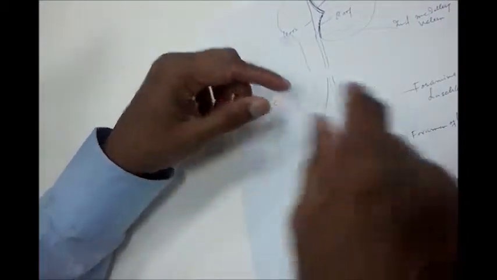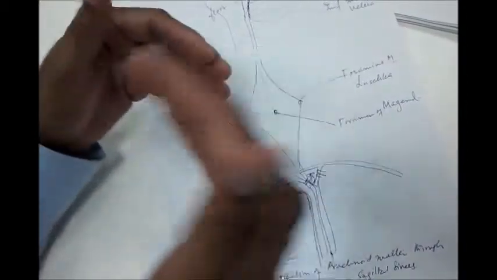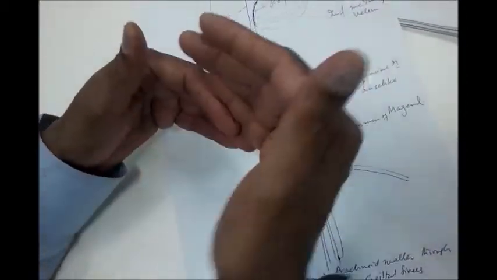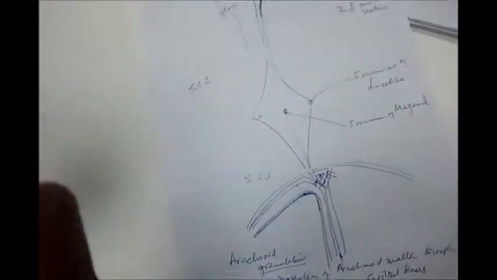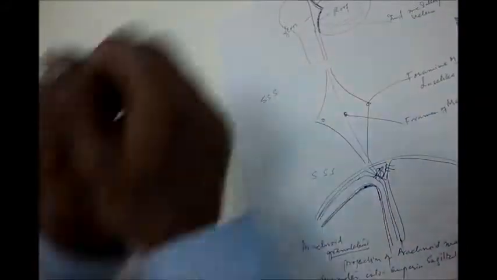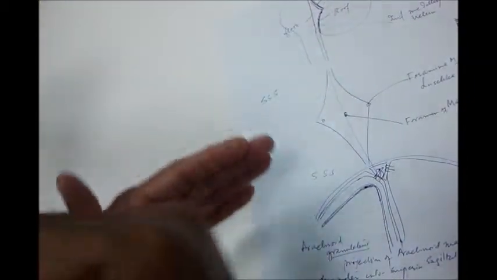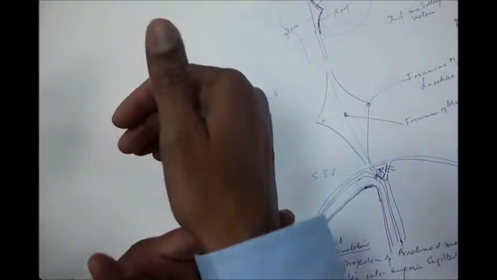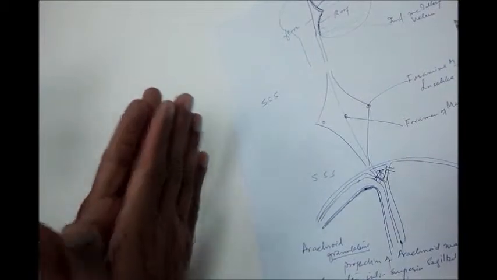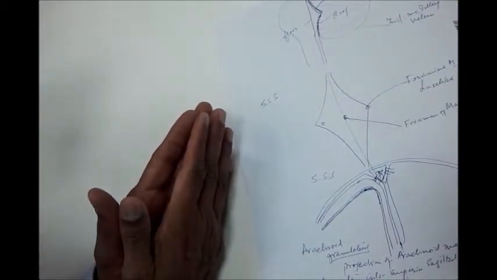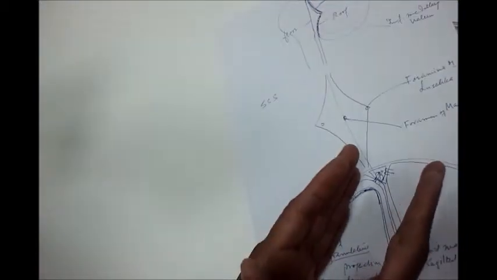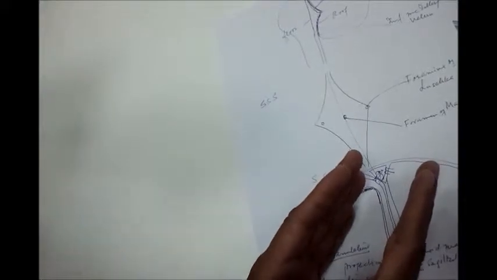Everything is filtered there. But here, from the blood into the ventricles, not everything goes. So it is actively controlled. This means this structure, the choroid plexus, is doing something actively. It is holding something back. It is not allowing the sodium to go. It is not allowing the potassium to go. And it allows the sugar, but in a lesser amount. Therefore the amount of sugar present in the cerebrospinal fluid is different from the amount of sugar present in the blood.